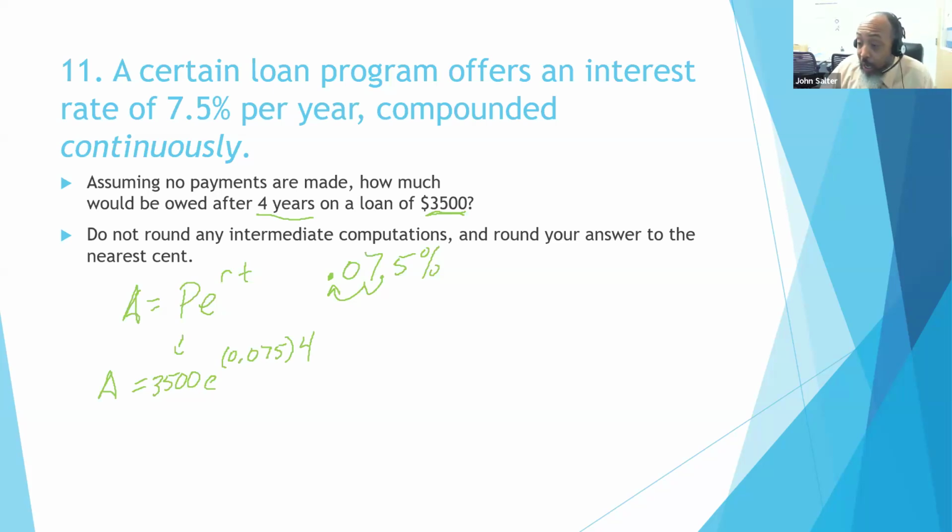I can plug this directly into my calculator or Desmos to get an answer. So 3,500 times E to the 0.075 times 4 gives me